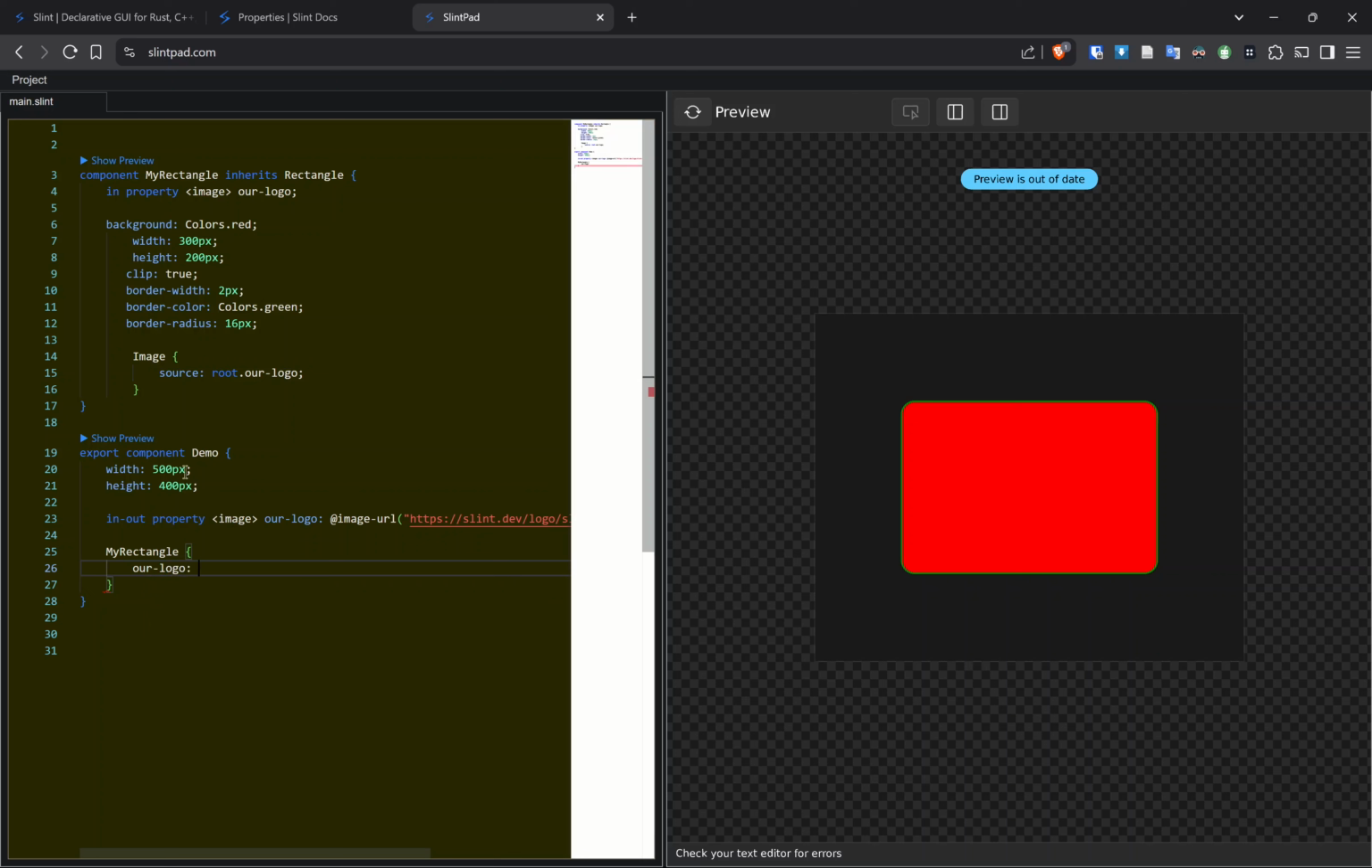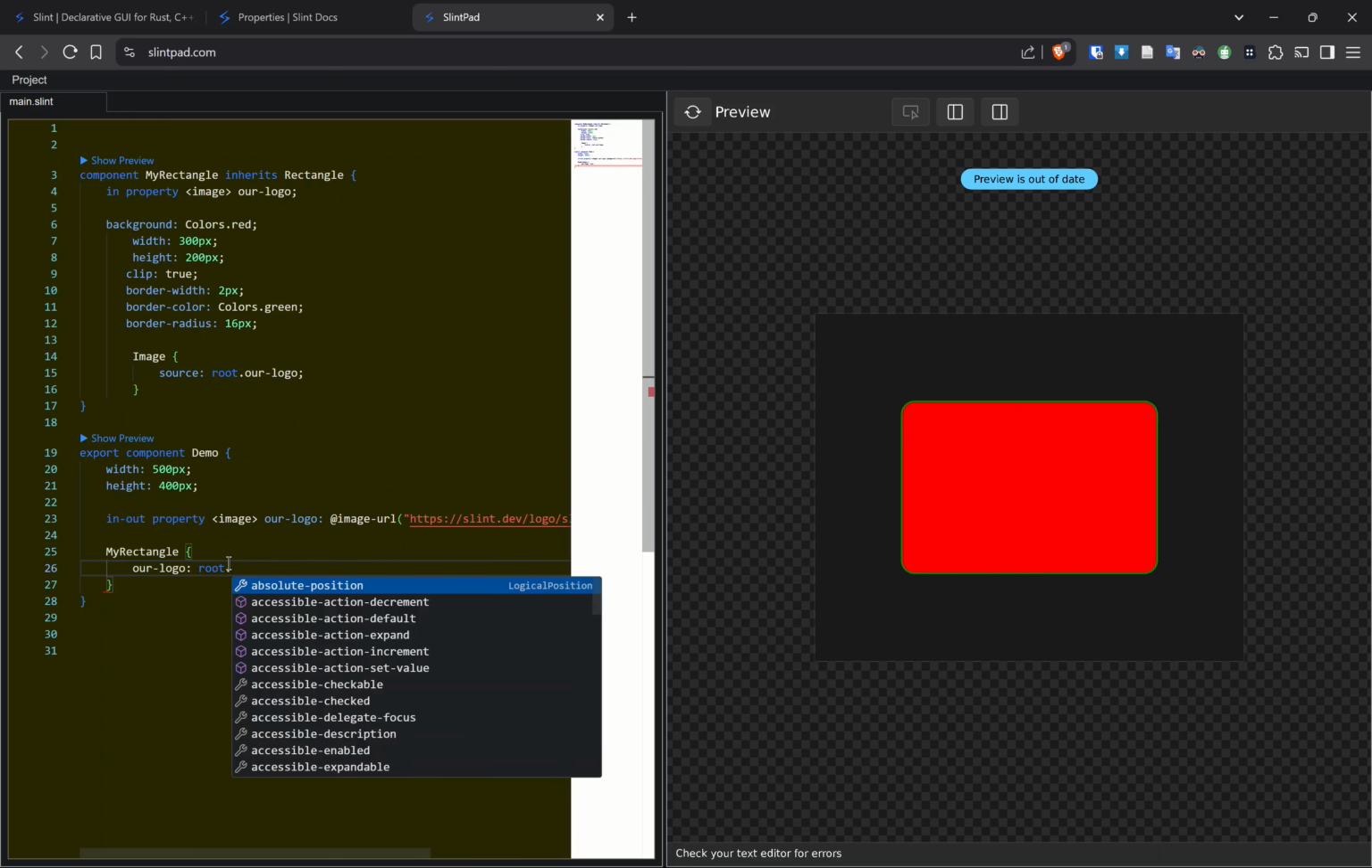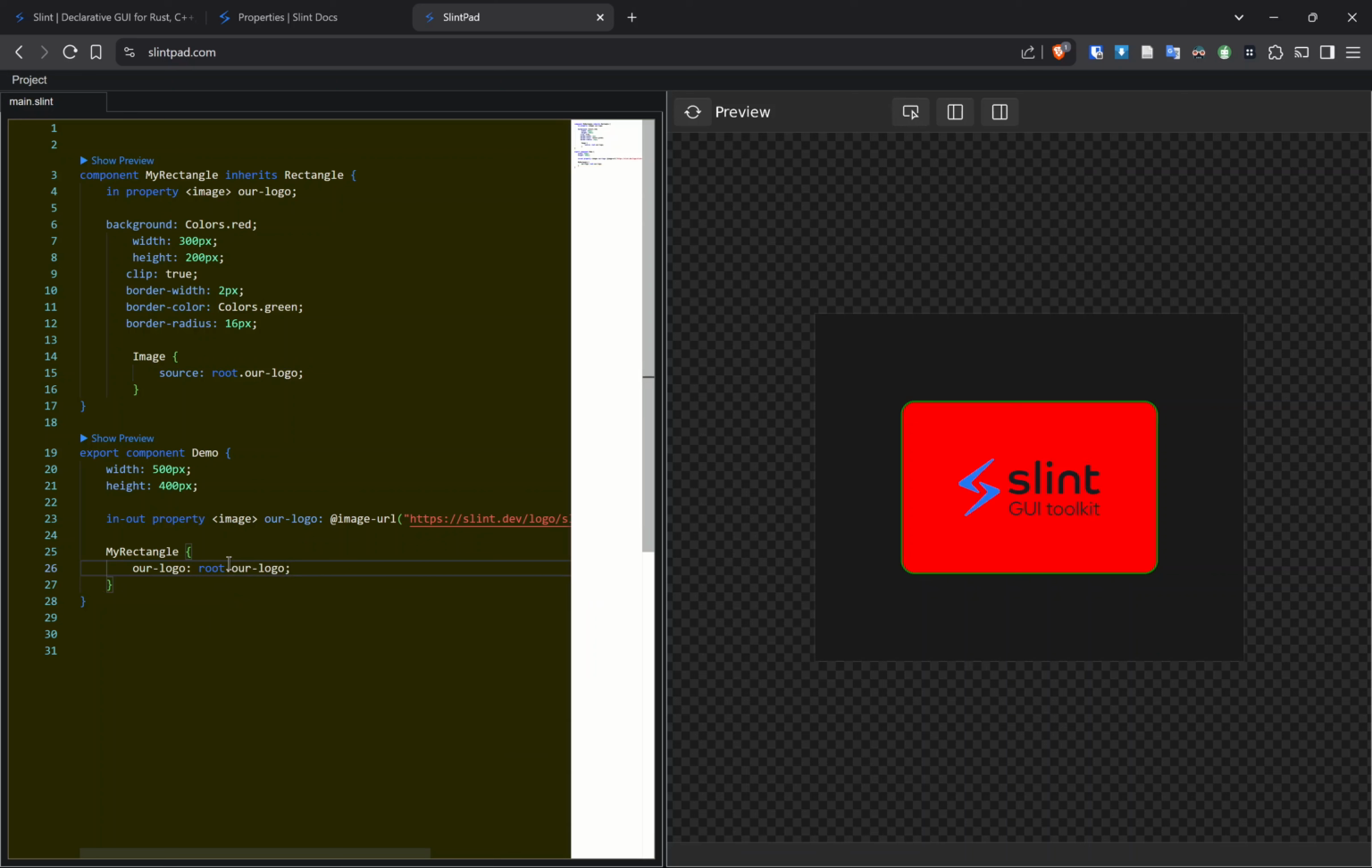Now since we already defined our logo here, I can bind it directly and do root dot our logo. So there are two things to keep in mind. There's the root and you have the parent. So if I'm in this item and I want to refer to the parent item here, I can use the parent